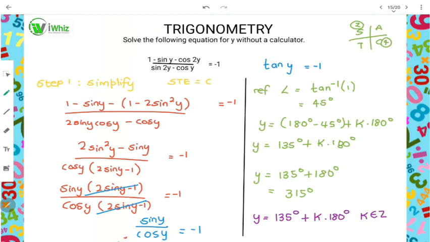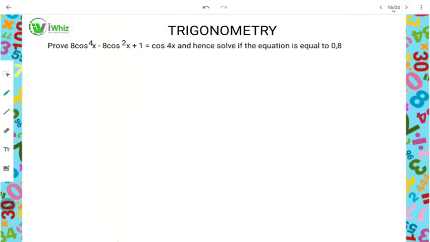So we've worked with solving a trigonometric equation whereby we were given to solve. Let's have a look at one where we are asked to prove that 8 cos to the power 4x minus 8 cos to the power 2x plus 1 is equal to cos 4x, and then hence solve the equation where it is equal to 0,8. So the first one is to expand the identity. By expanding the identity, we can say the right hand side,